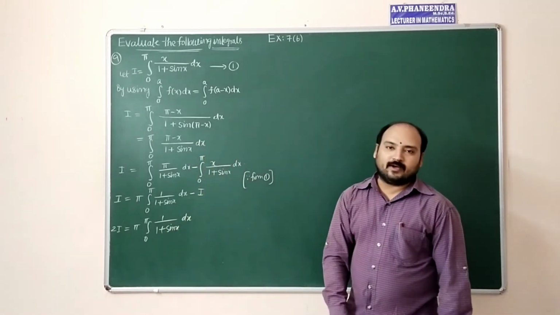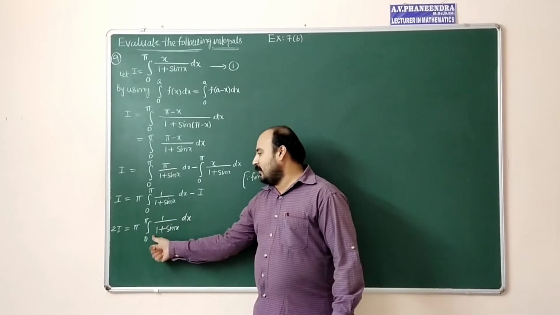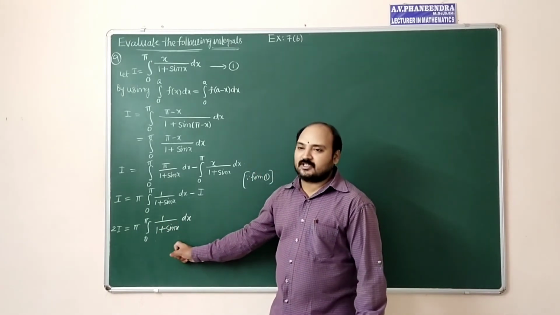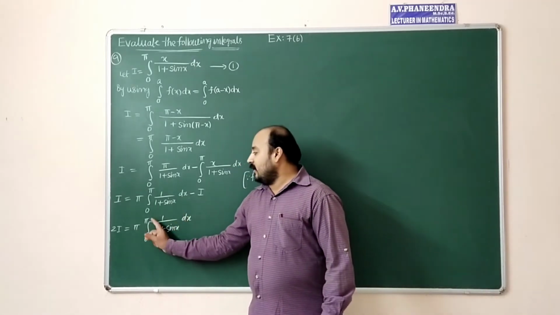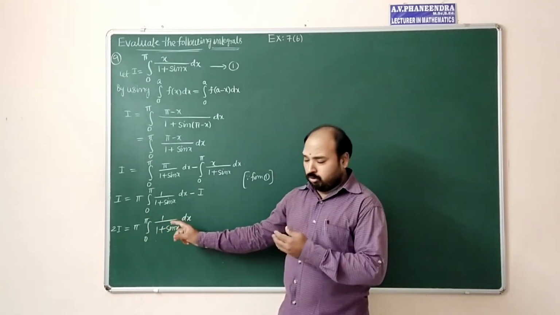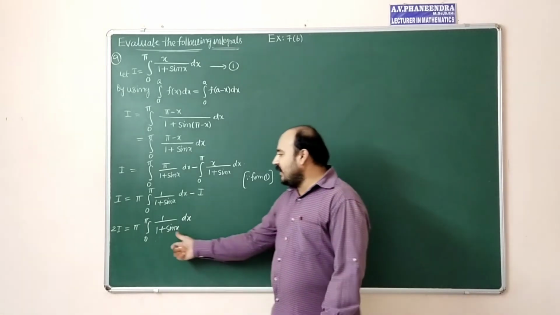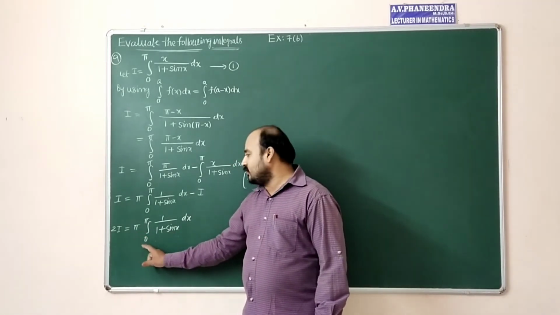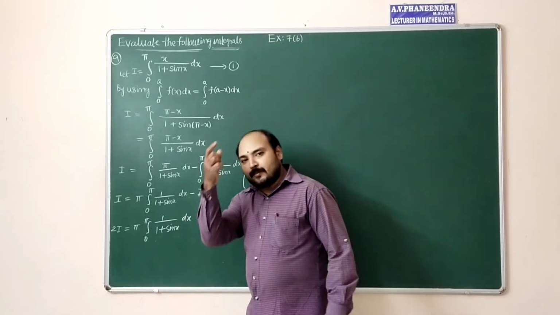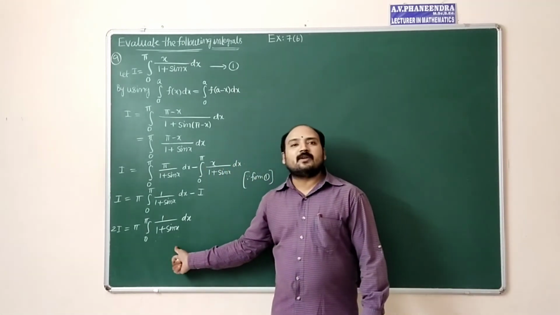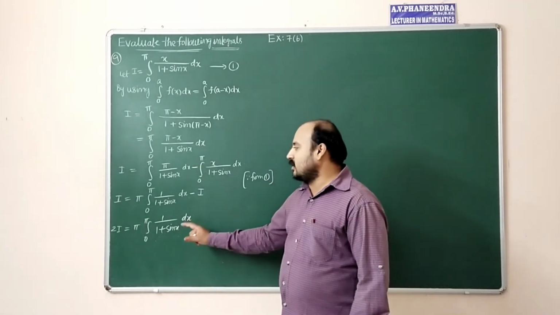After that, what we have to do here? Two ways are there. Why? Because 1 by 1 plus sine x is obviously a sine function. So apply integral 0 to pi f of x dx equal to integral 0 to pi f of a minus x, that means pi minus x. It will become again 1 by 1 plus sin x only. So whenever it is like that, we can write twice of 0 to pi by 2, 1 by 1 plus sin x. After that again property. Instead of doing that method, what I am doing is multiplying and dividing by 1 minus sin x to this term. Instead of applying all the properties, this is what I am suggesting here.